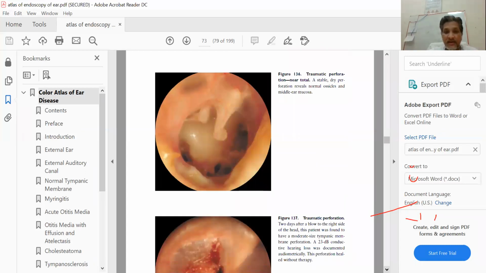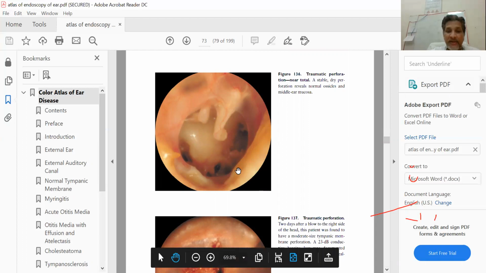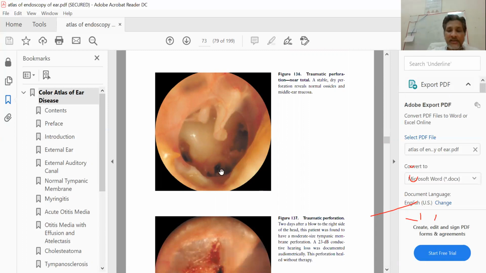This is again a large tympanic membrane perforation, a traumatic perforation, and the chances of healing or resurfacing depend upon various factors. In this kind of large perforation, resurfacing is quite difficult because end-to-end approximation is difficult. You need something on which the tympanic membrane can grow, margin to margin.